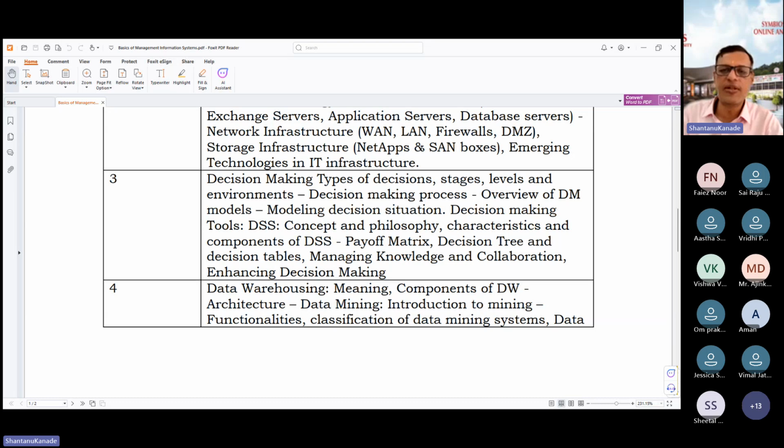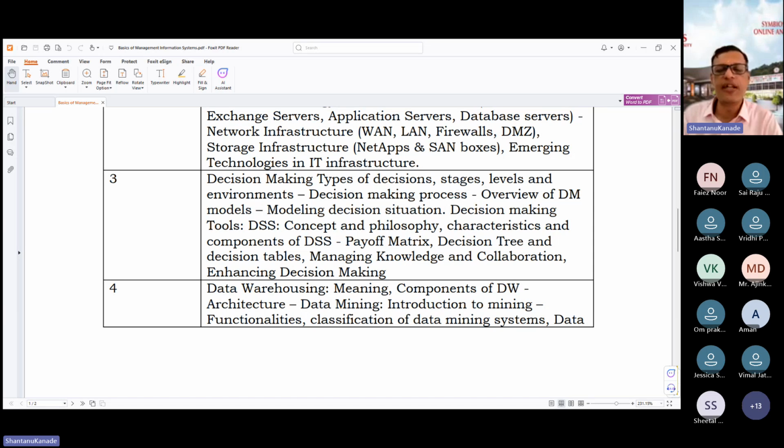What is the decision making process? How are decisions taken? Then an overview of decision making models. There are a few models that are being used for taking decisions or deciding what is to be done. Then decision-making tools, DSS, that is a decision support system, the concept of decision support system, and characteristics and components of decision support